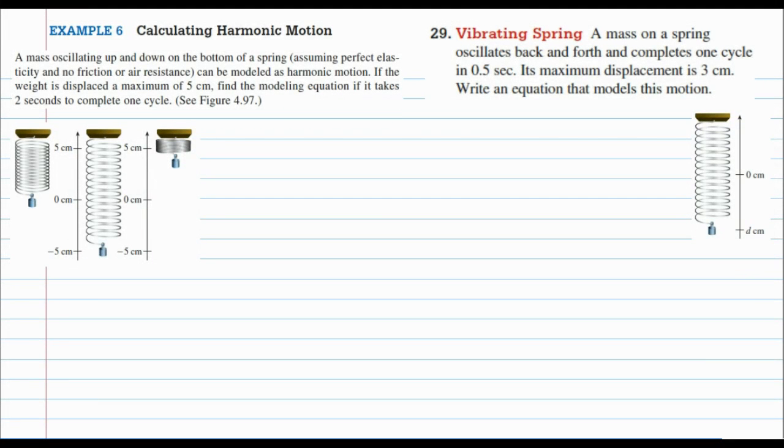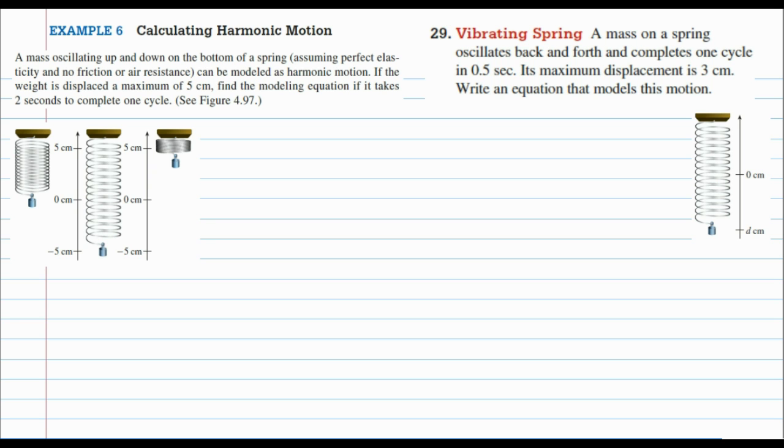This is the screencast for section 4.8, example 6, calculating harmonic motion. In example 5, we use the cosine curve to calculate the harmonic motion of a piston's repeated back and forth action. Now we are going to use a sine curve to model a spring condensing and expanding from its resting